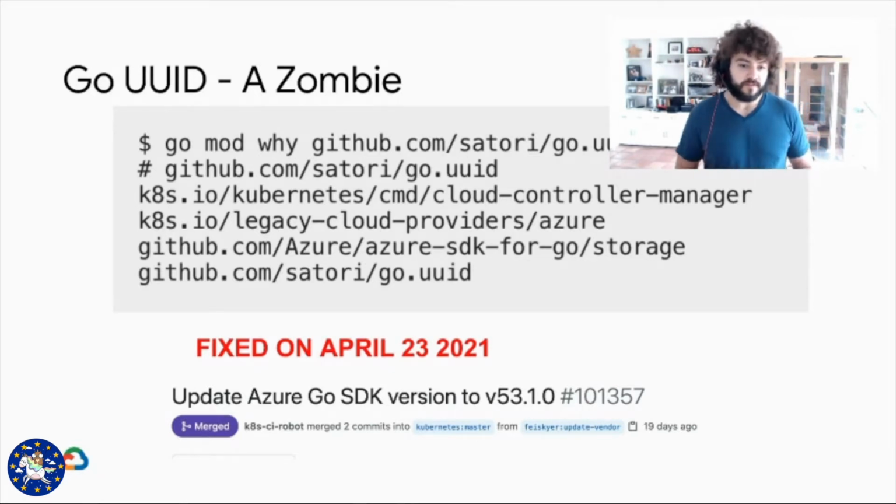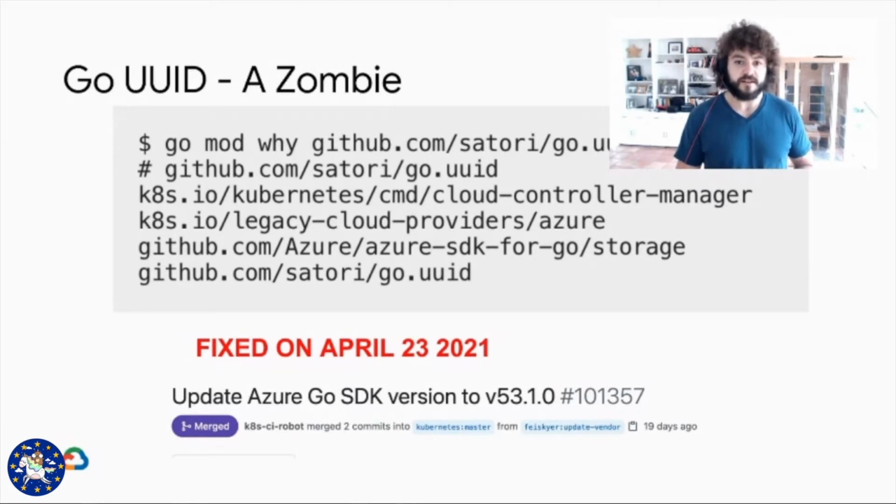This took a little while to get fixed. It was finally merged April 23rd, two weeks before I recorded this talk, into the Azure Go SDK. I tried to send the PR much earlier than this, but it got tied into a bunch of other changes that were being made in the Azure Go library, so it took quite a while to get merged and released. From the time Azure actually did this release and picked up the update by switching to a different UUID provider,